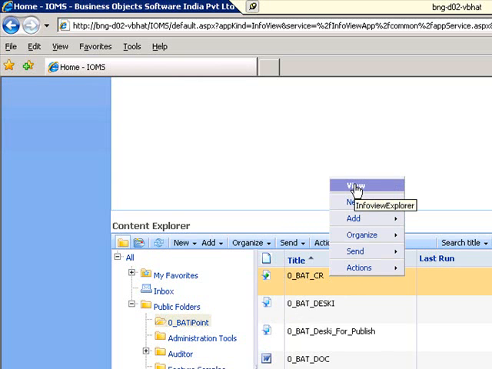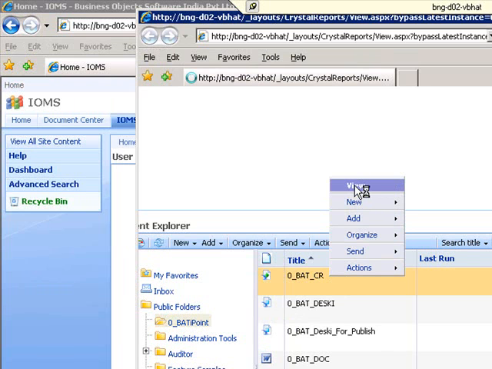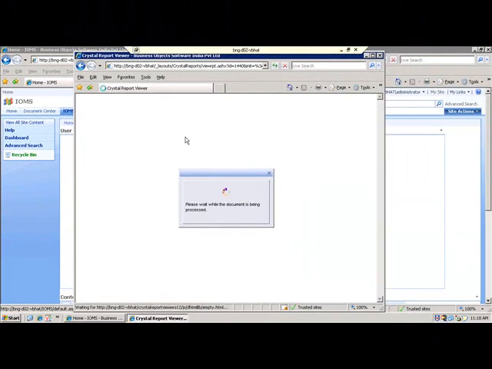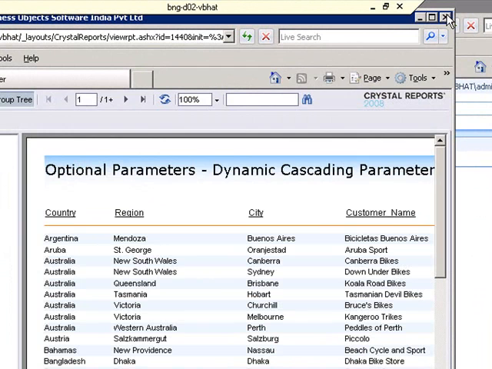Here, since I have not configured all the web parts, whatever object I view will appear in a separate browser window. Close the